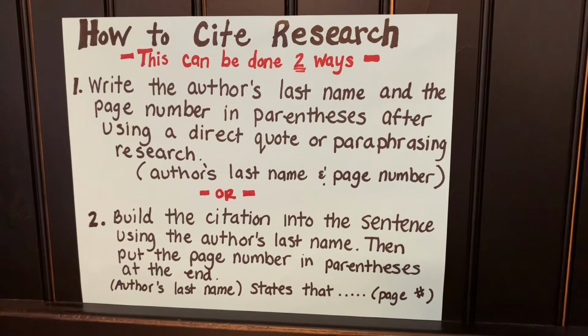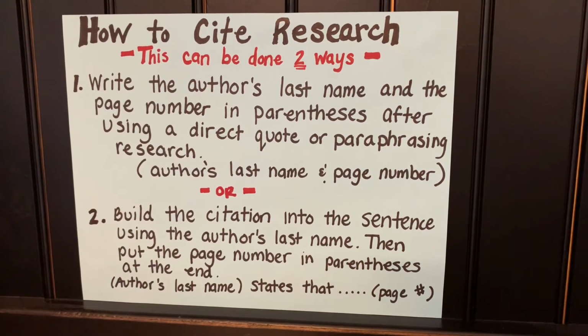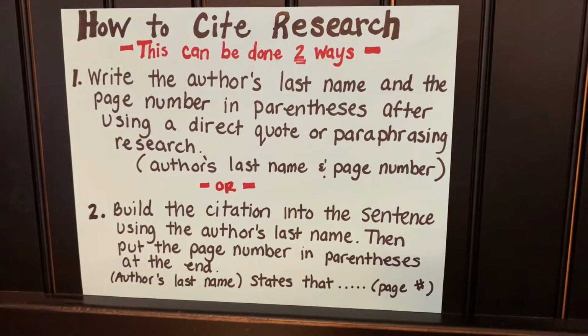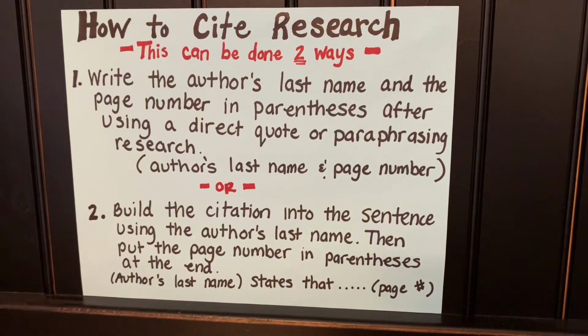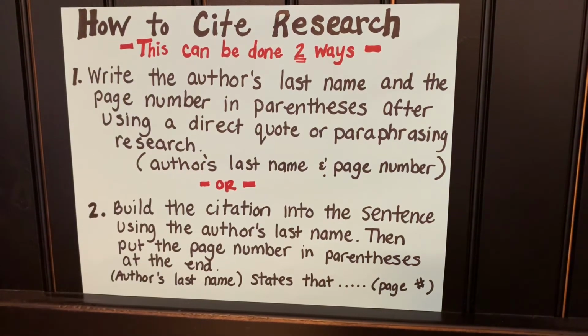The first way is to write the author's last name and the page number in parentheses after using a direct quote or paraphrasing the research. I left an example for you to see there. In parentheses, you put the author's last name, and right after that, the page number in the research that the